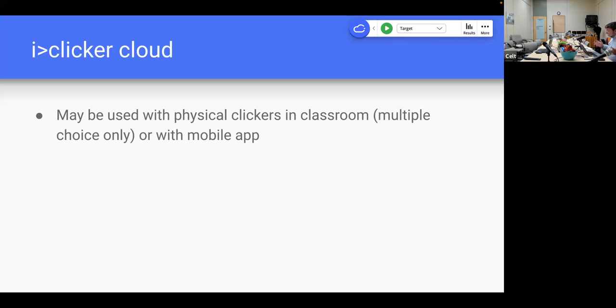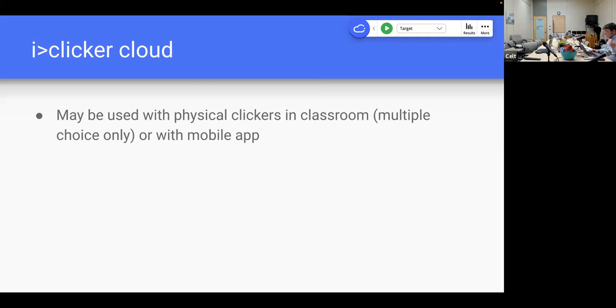They could be in another country. I had some students this spring who had some travel issues coming back from spring break, but they were still able to participate in a class over Zoom, and they could still use their mobile apps to participate in clicker questions and so forth. So, we've moved entirely to this modality so students don't have to buy physical